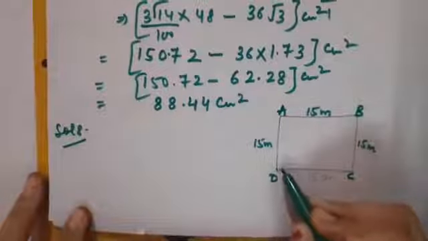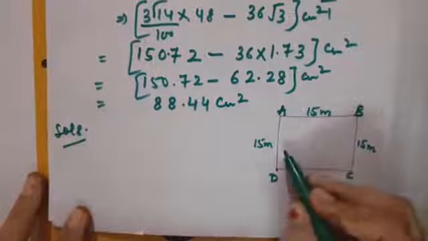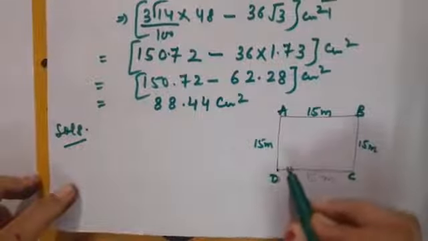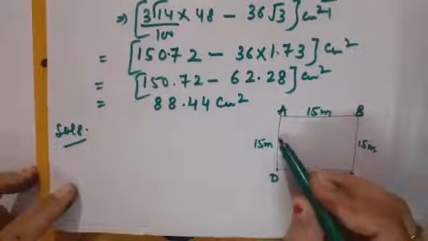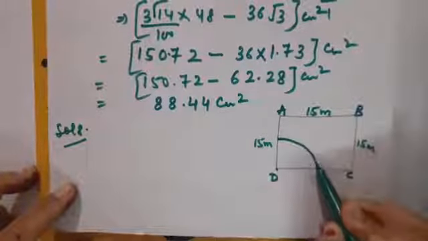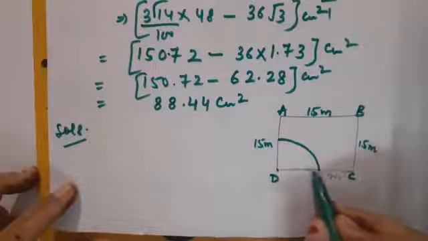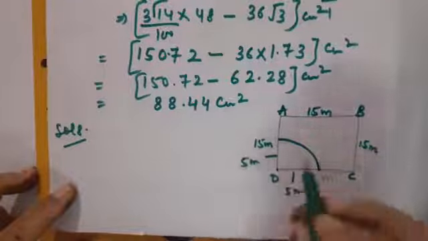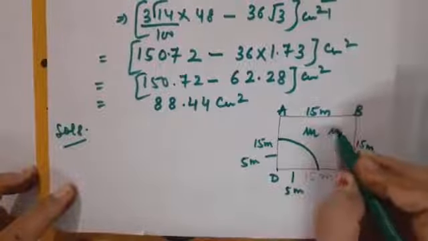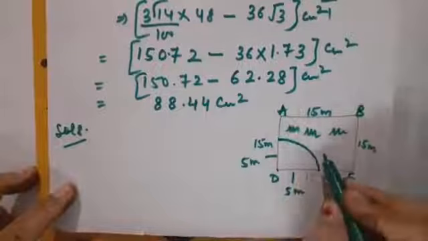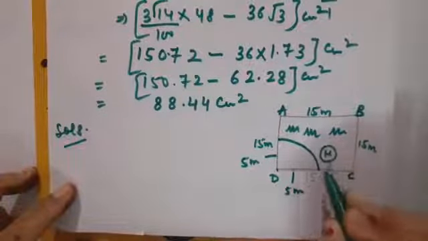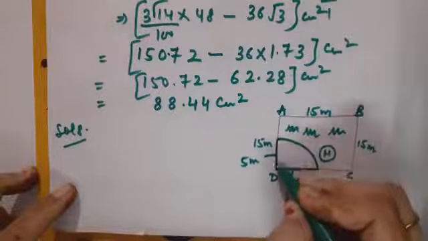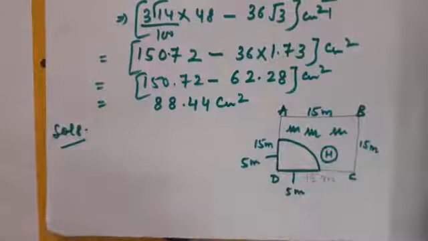So here, suppose there is a horse tied, so what can you do? What is the length of the rope given to us? This is equal to 5 meter. So approximately by estimation, you can take that this much part is 5 meter, this much part is 5 meter, similarly here also 5 meter. Here you can make a few grasses also. And there is the position of the horse, and definitely this much part is the length of the rope, and the length of the rope is given as 5 meter to us.